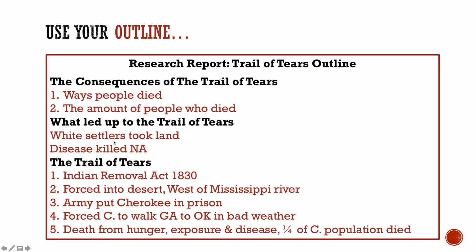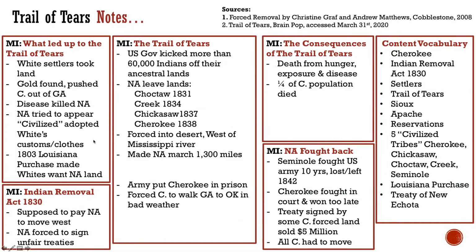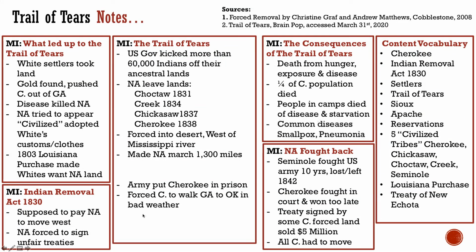So I'm going to talk about settlers taking the land, disease killing the Native Americans. What else did I have here for this important information? What led up to here? Oh, I want to talk about maybe the Native Americans taking on the white customs. That could be really important. All right, let's go. Here's my heading. What led up to the Trail of Tears? So,